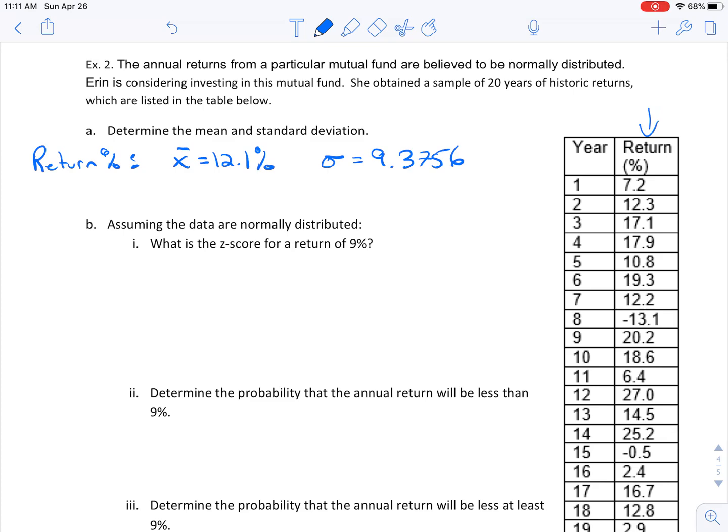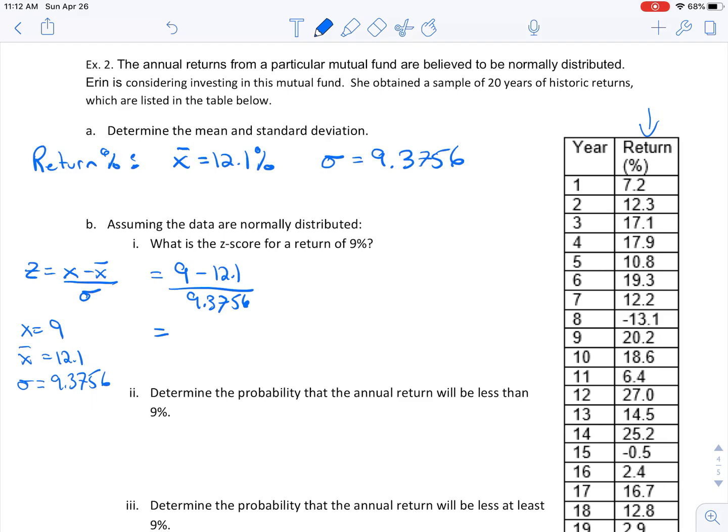So it says, assuming the data are normally distributed, what is the z-score for a return of 9%? So remember, a z-score we can calculate by doing the data point minus the mean, divided by the standard deviation. And so in this case, my x is going to be 9%. My mean, which we figured out to be 12.1, that's my x bar, and my standard deviation is 9.3756. So if I put that in,